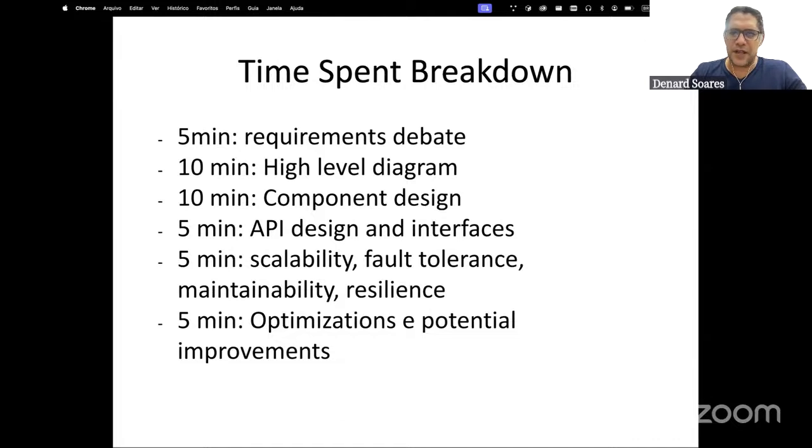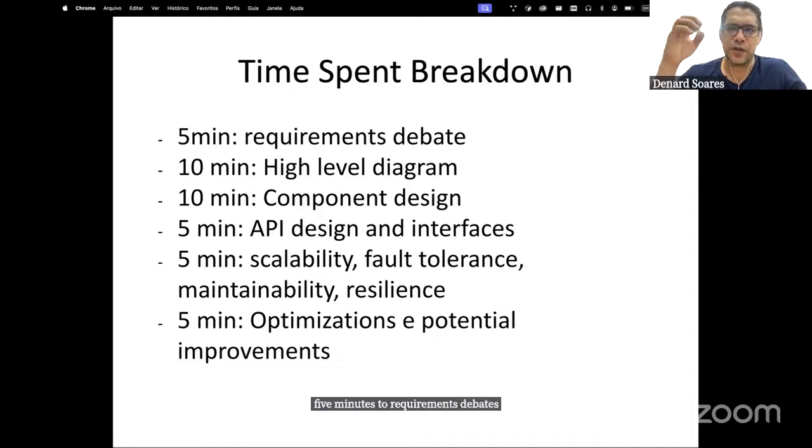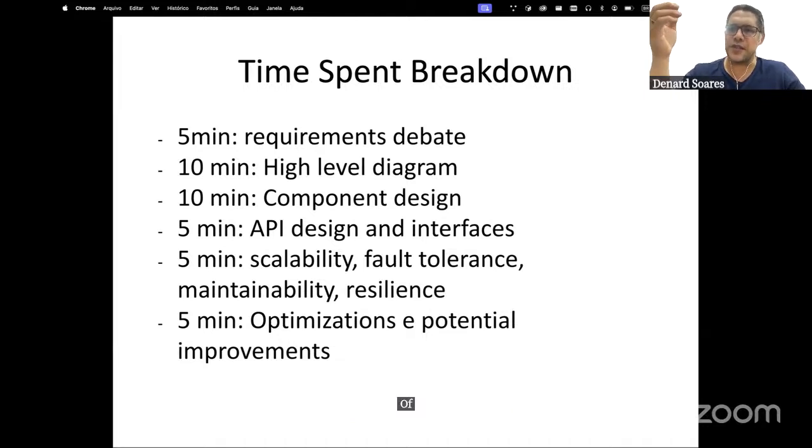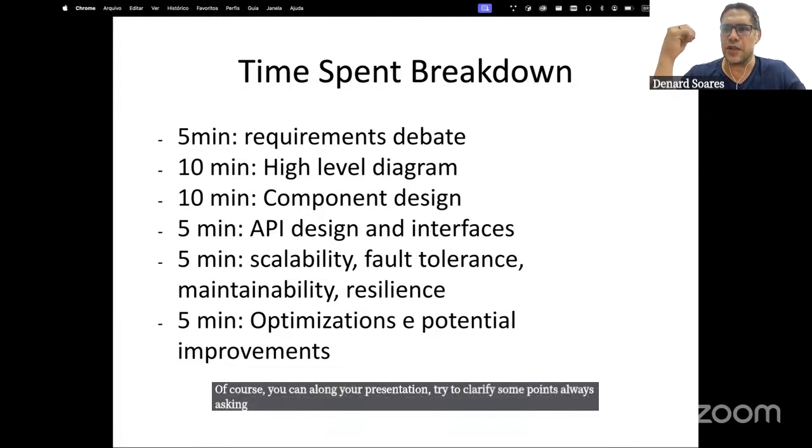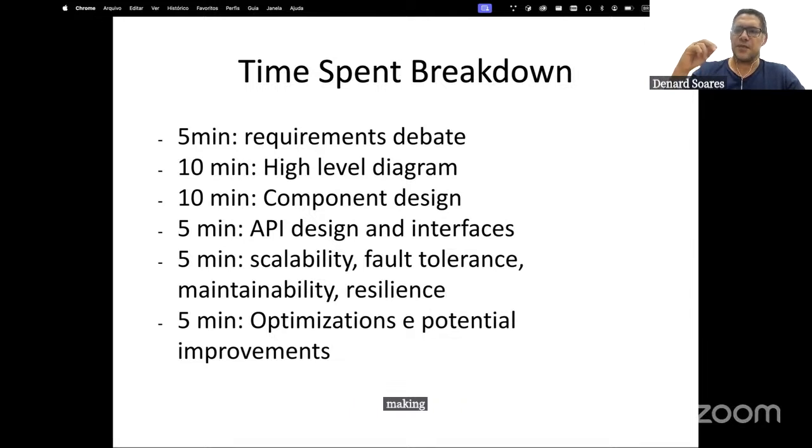I left here a small breakdown of how much time you would spend on your presentation. 5 minutes on requirements debate, okay? Don't spend too much time. Of course, along your presentation, you can try to clarify some points, always asking what he's thinking, making things clear about some specific points when you go into details, okay?